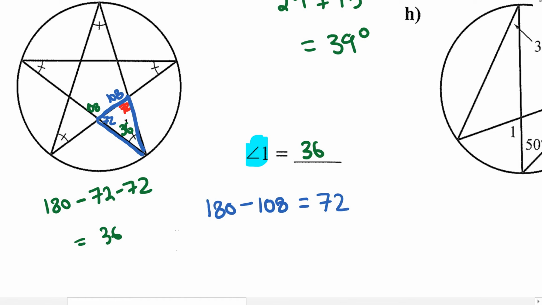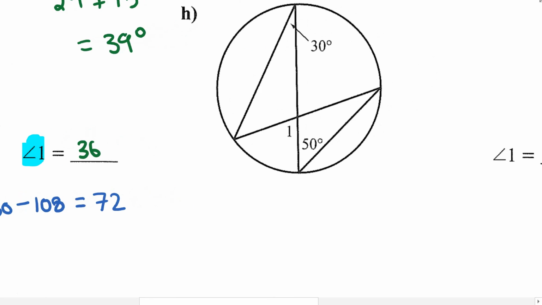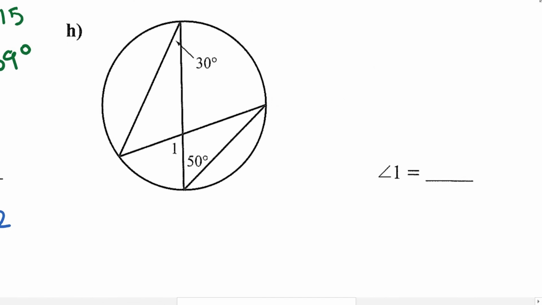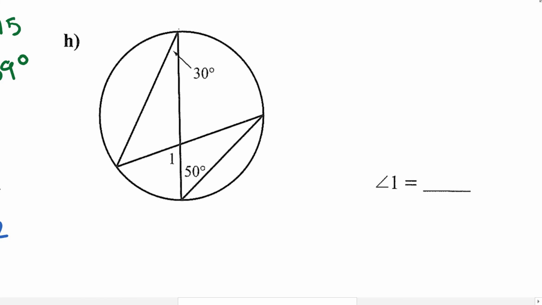Okay, so that completes that particular problem. Let's move on to letter H now. For letter H, I have an inscribed angle right there. And for all the inscribed angle problems, let's go ahead and follow its sides, and it opens to this arc